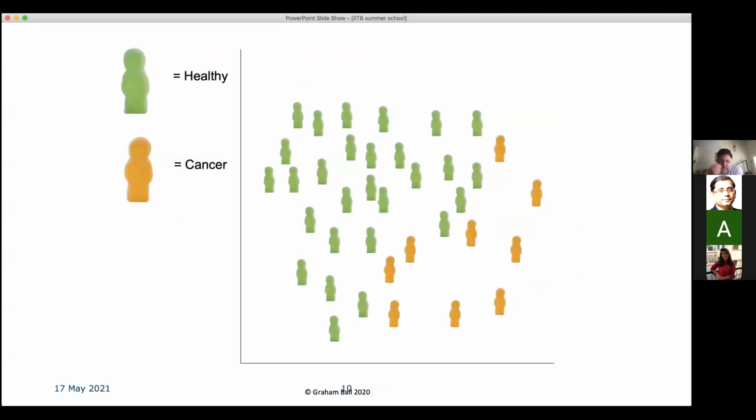Now, this is an illustration of the sort of example of that. So, this is a well-known UK candy, and we have a set of healthy individuals. We have a set of individuals who have cancer. We want to try and fit a rule that separates out the two. And that rule is represented here by this blue line. So that rule could be an expression level of one protein plus expression level of another protein, and that is what defines that line.